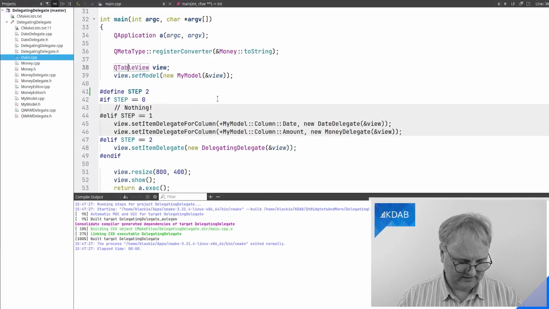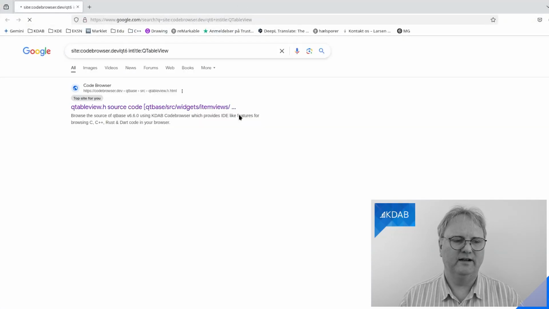The only way that I can be notified about something as vital as Enter being pressed, and QWidget doesn't by default have an Enter handler, is if I have an event filter installed on that widget. Okay. I will press Control F1 now, which gets me to the